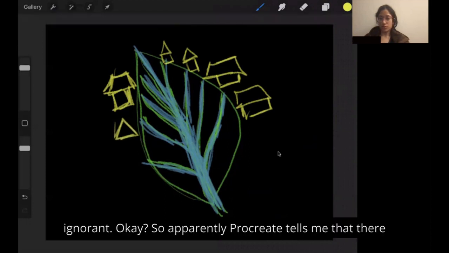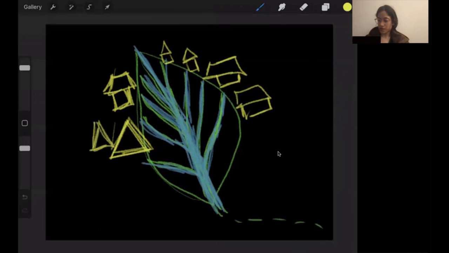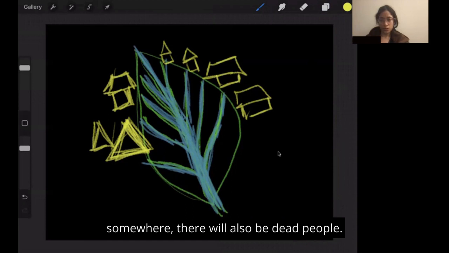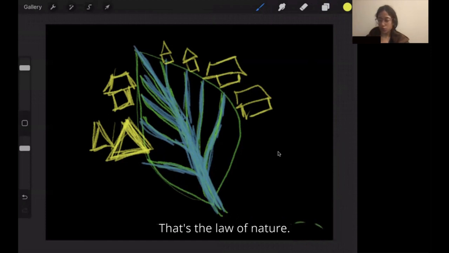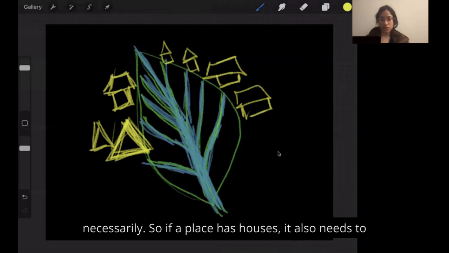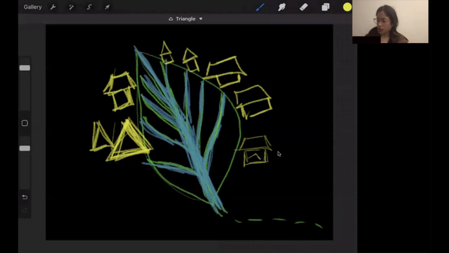because I'm ignorant. What? Okay, so apparently Procreate tells me that there's not just houses, there's also pyramids here. We'll agree to that because if there are alive people somewhere, there will also be dead people. That's a law of nature. And as we all know, dead people live in pyramids necessarily. So if a place has houses, it also needs to have pyramids to store the dead. Anyway,